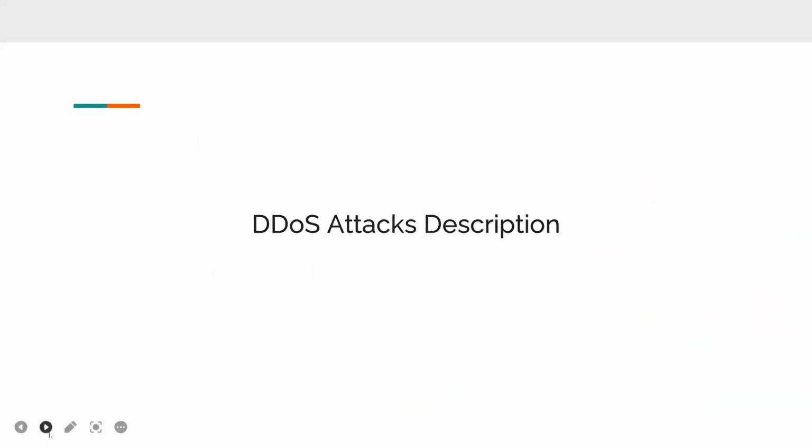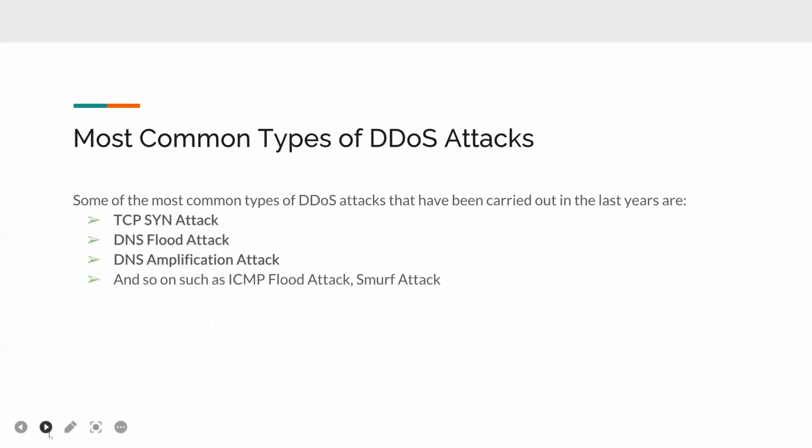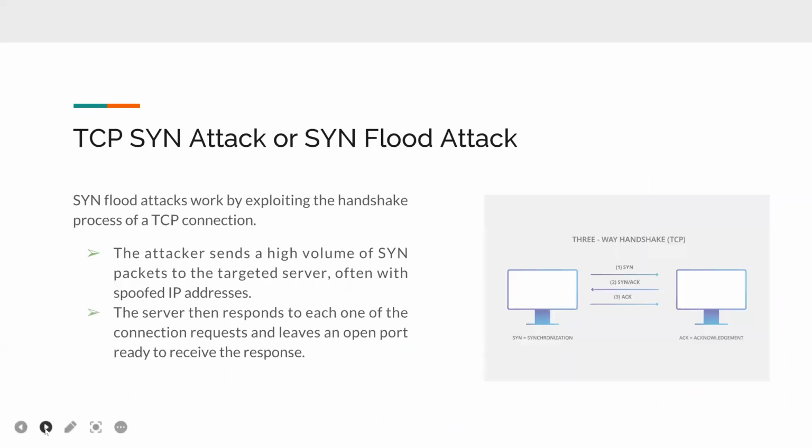Then I will show some attack descriptions. So, let's start. There are a few attacks that Mirai can perform. The first one is the TCP SYN attack, then the DNS flood attack, then the DNS amplification attack. I will show these three attacks. So here you can see the TCP SYN attack, or SYN flood attack. Basically, this attack is an exploitation of the TCP protocol. We know that TCP is a three-way handshaking protocol where the sender first sends a SYN message